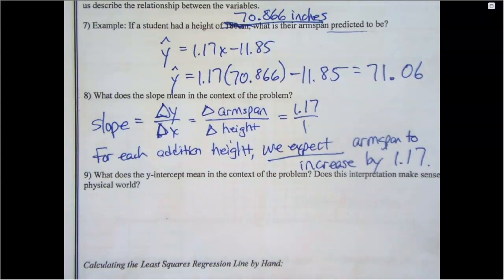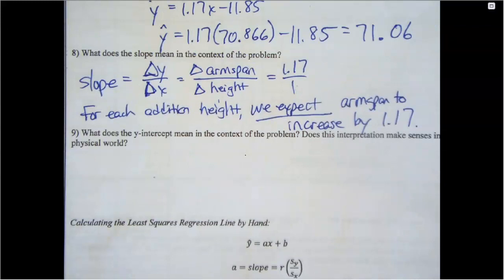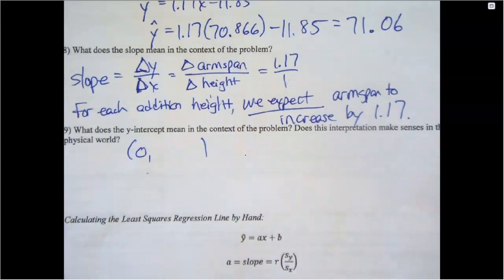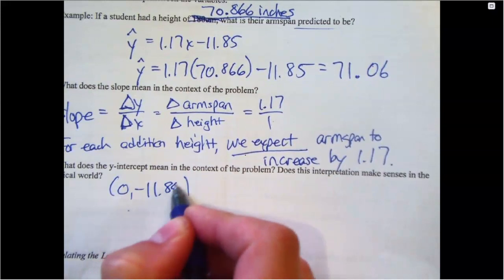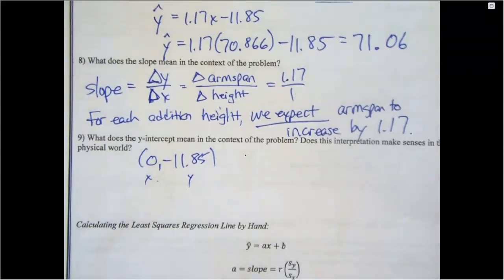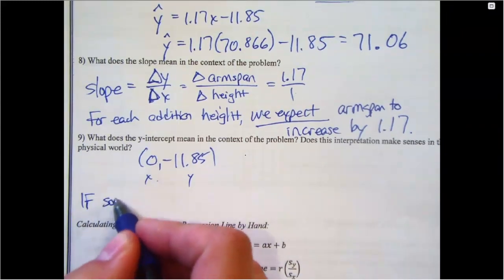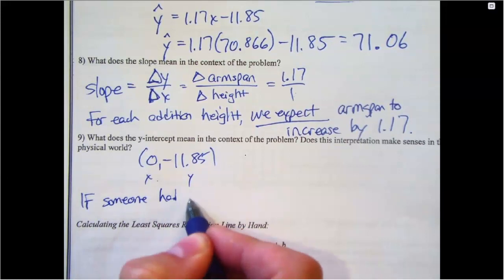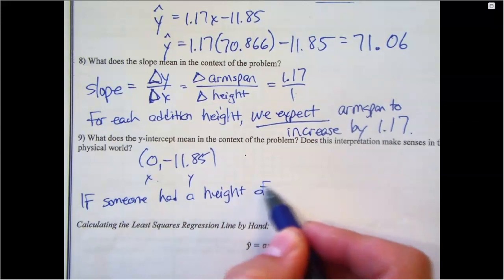Okay, y-intercept. So I asked you before, at the y-intercept, what is the x value? 0. So we basically got a point, 0, comma, and what is the y-intercept? Negative 11.85. So we've got this point, that's x, that's y, and we've got to interpret it. Remember, x is the starting thing. That happens first, and then y reacts to that. So this would be if someone had a height of 0,